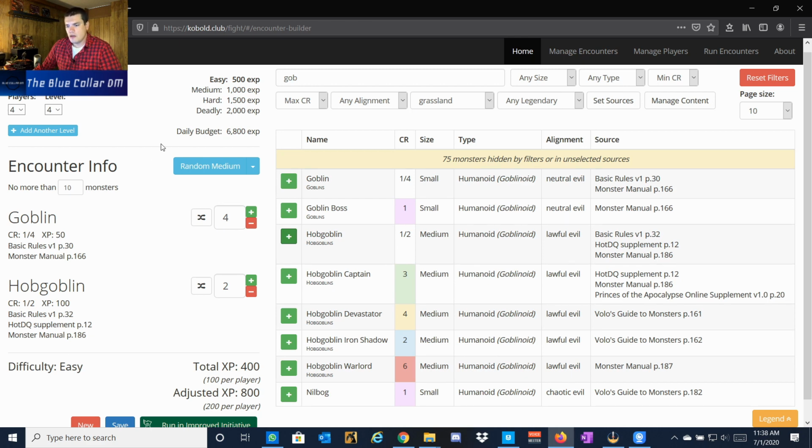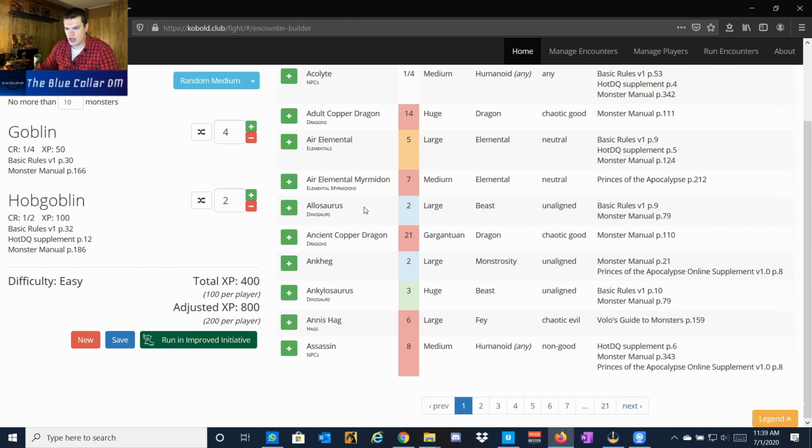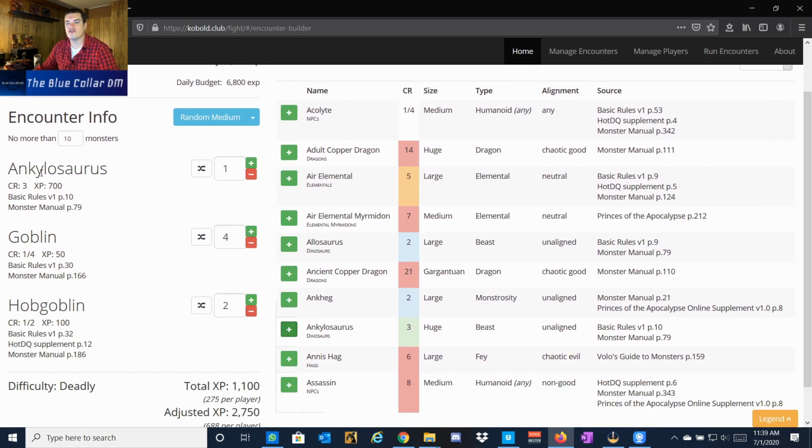goblin kin. But let's try to find something that could be a little bit different. So let's get rid of this goblin part, and let's say, what could be fun? Maybe they have a way that they've trained an Ankylosaurus, and that could be kind of fun for the player characters to interact with and figure out, like, well, why do these goblins have dinosaurs? That doesn't make any sense. Well, maybe these goblins have trained and domesticated a dinosaur in order to be able to work for them and